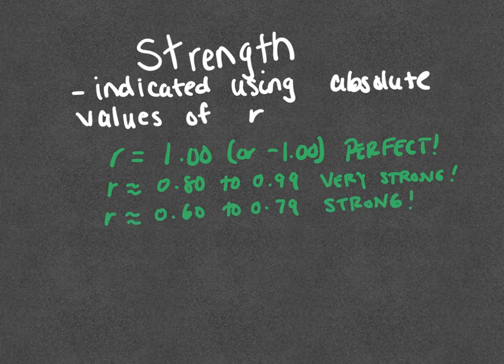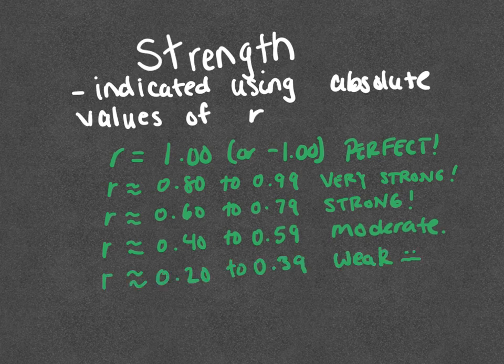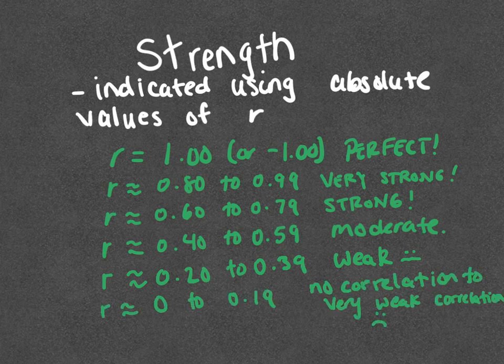Correlations from 0.6 to about 0.79 are typically called strong. This also includes negative 0.6 to negative 0.79. Correlations between 0.4 and 0.59 are typically considered moderate, as are correlations between negative 0.4 and negative 0.59. Correlations from approximately 0.2 to 0.39 or negative 0.2 to negative 0.39 are considered weak. And finally, a correlation of 0 indicates no correlation, whereas above that up to about 0.19 or negative 0.19 is